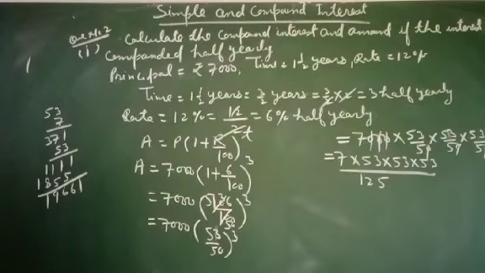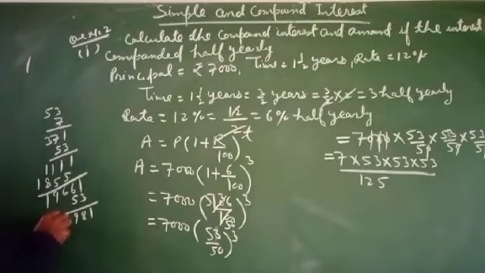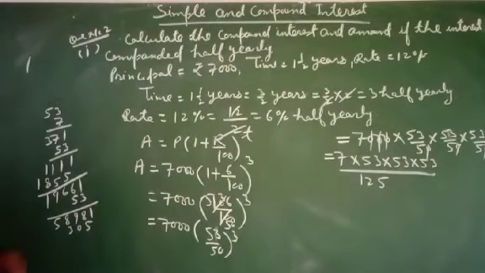19,663. Now this will multiply by 53 also. 53, 3 1s are 3, 3 6s are 18, 8 carry 1, 3 6s are 18 plus 1, 19, 9 carry 1, 3 9s are 27 plus 1, 28 carry 2, 3 is 3 plus 2, 5, 5 1s are 5, 5 6s are 30, 0 carry 3, 5 6s are 30 plus 3, 33, 3 carry 3, 5 9s are 45 plus 3...